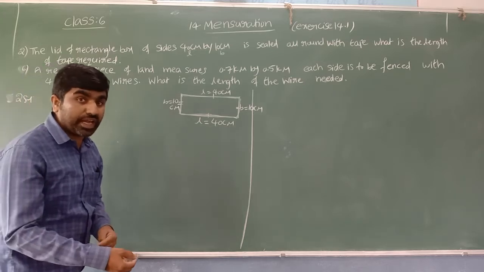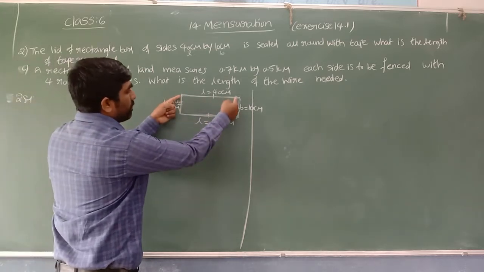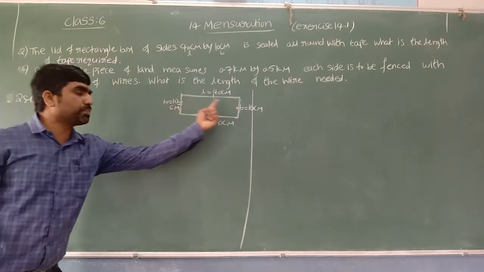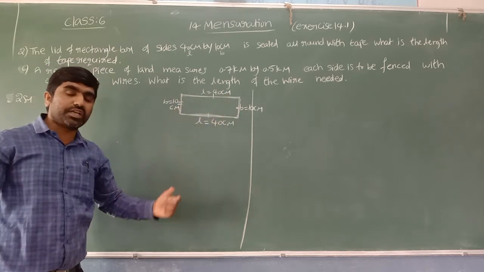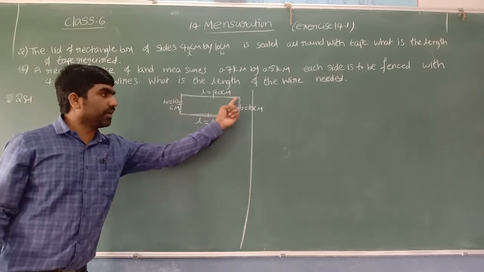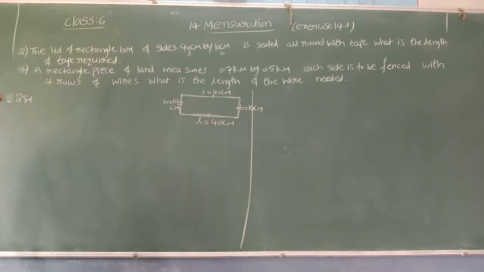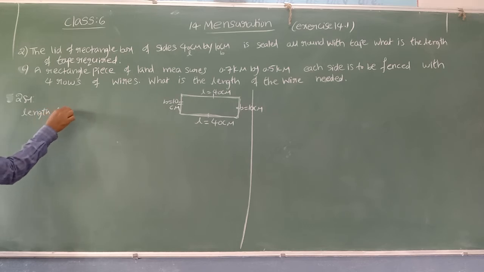What we need to find? Can I go with area or perimeter? Yes, sir, we can go with perimeter. We need to cover the boundary with tape, not the inside space. Right? To know the length of the tape required, it's enough to find the perimeter, which means we have to know the total length of the boundary. Yes. Let me write here, length of the tape required. Yes, to know the length of tape required.